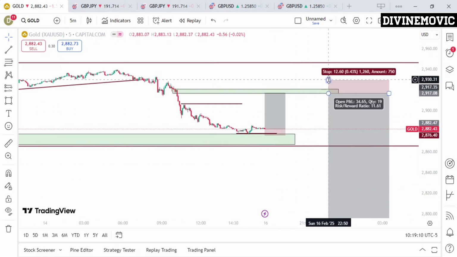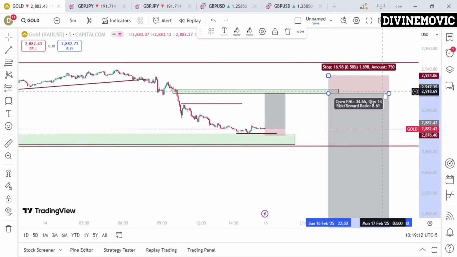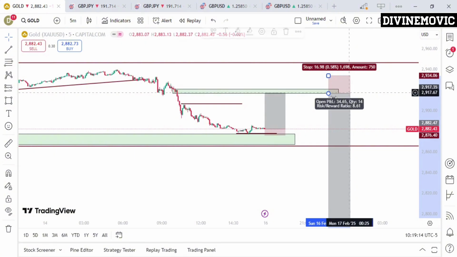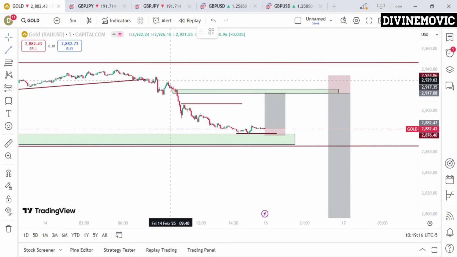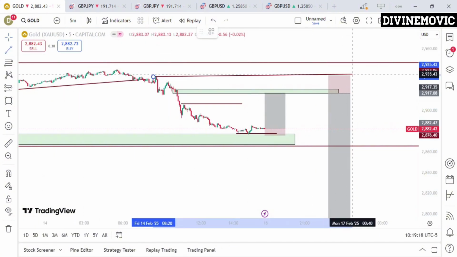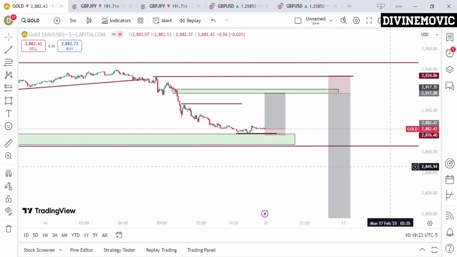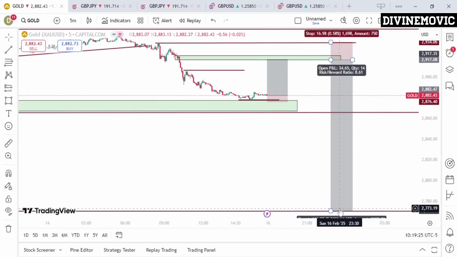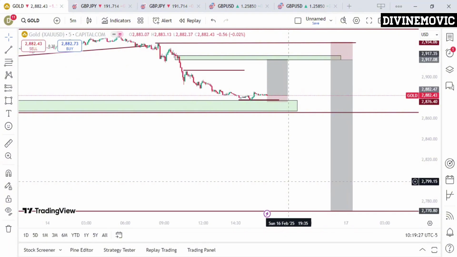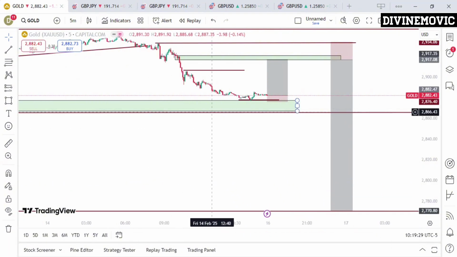Our stop loss is going to be above the previous high here, which is simply here. This is going to be our stop loss for the sell, and here is going to be our full TP for gold,